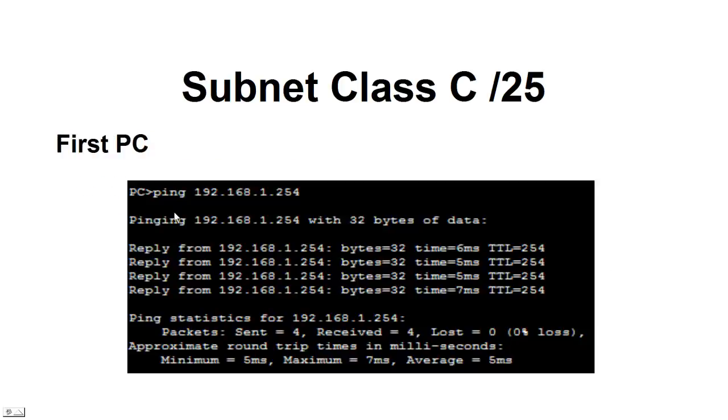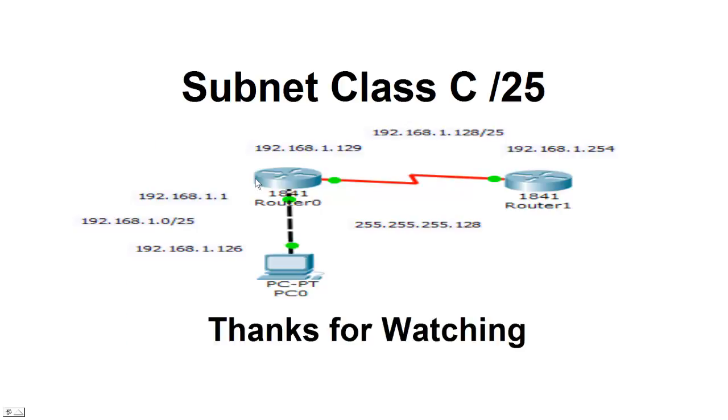And then if we ping from our first PC to that port on the second router, which again is 192.168.1.254, you can see the pings are successful. They go to that port, and then the port returns them back to the first router, then back to us. So this verifies that our network is working, both 192.168.1.0 and the new network